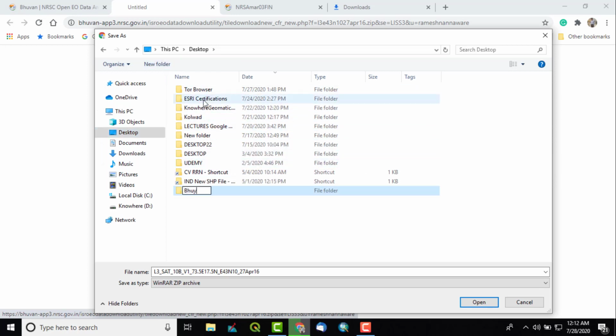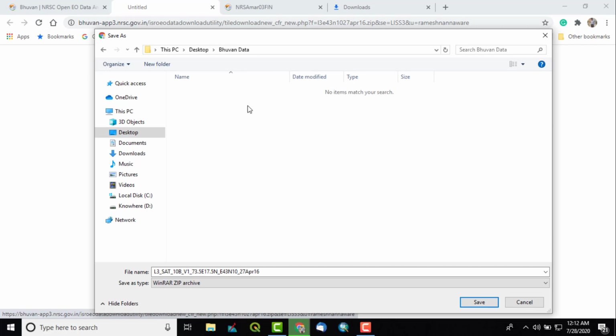So I will simply name my desktop folder. In that I will give it the name list3, and this is the default name. I will not change that, and say save.